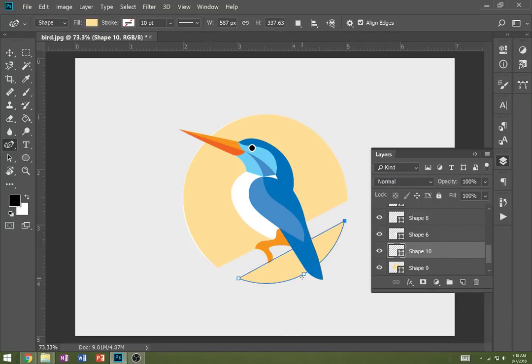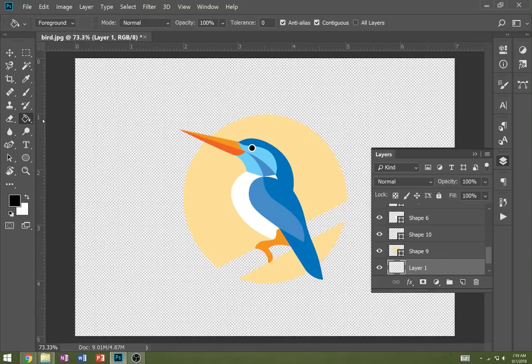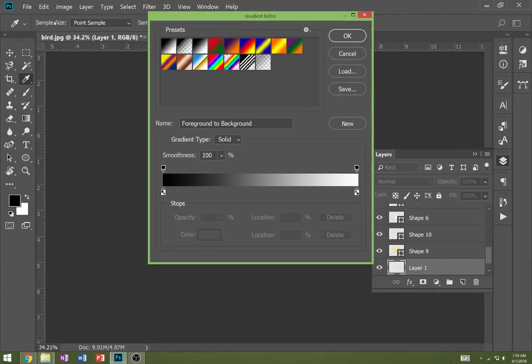Alright, that's probably good. Alright, and then I'll just make this background layer invisible, and so now we can see this last little thing, and I could even fill it in with a new gradient here, so I'll just pull a new layer, and I'll just fill it in with something. So I'll fill it in with the gradient tool. I'll just make a grayish gradient here, just go in the background. Oh, I'll make a different gradient. Let's do something like